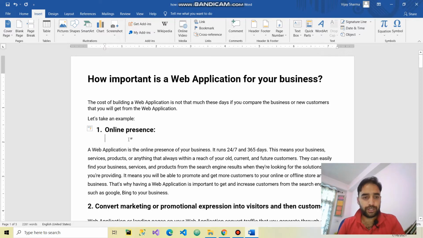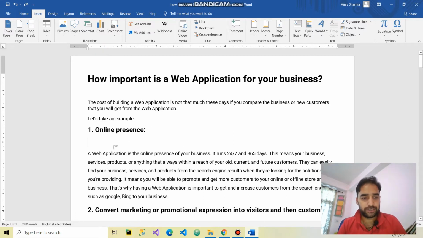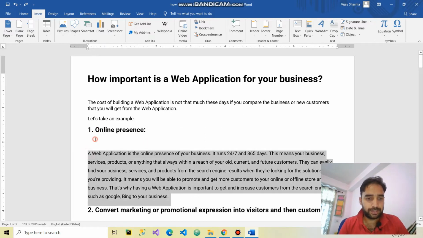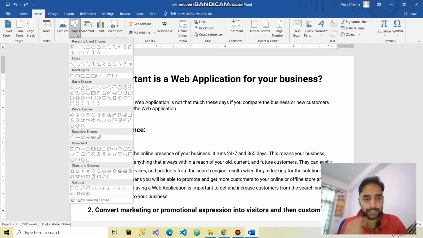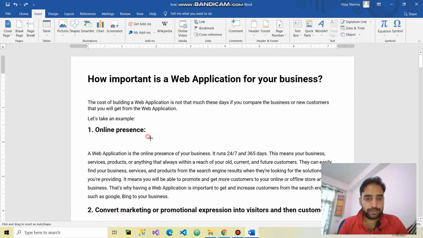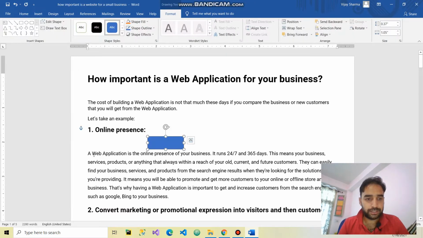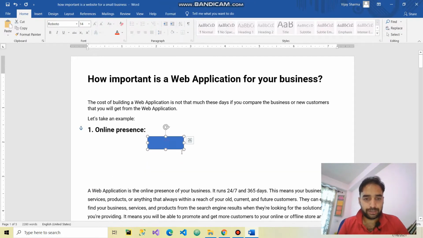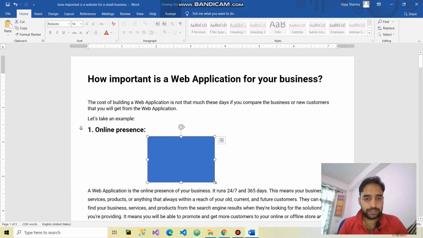if we want to make a change here, and if we want to show online presence in a way that this paragraph communicates through shapes, so for online presence, we will create something that helps to understand what we are sharing in this paragraph. So for example, let's see this,